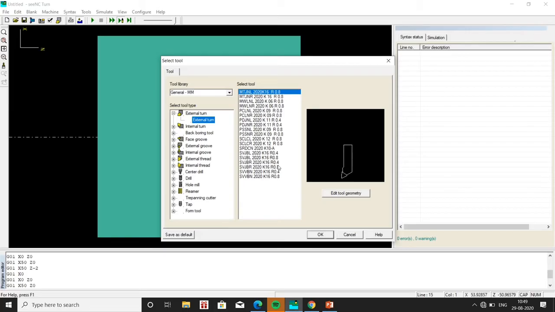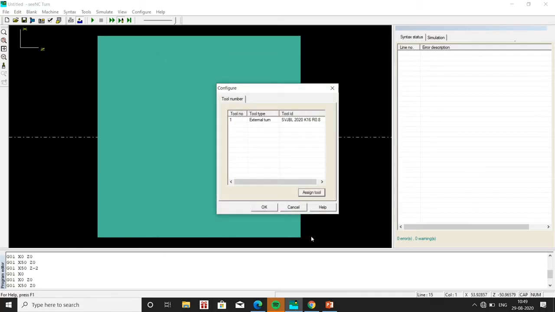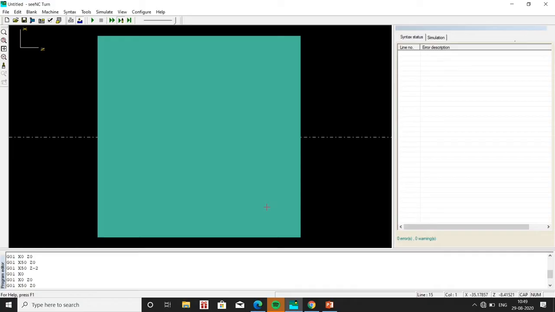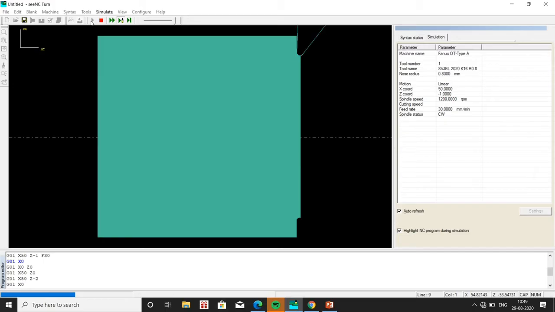Then click on OK. Here also click on OK. For the line mode, we can click on line mode, or else we can go with the solid mode. So now click on play.